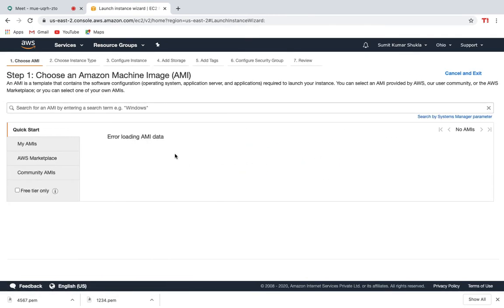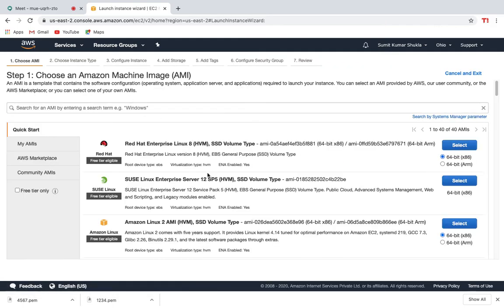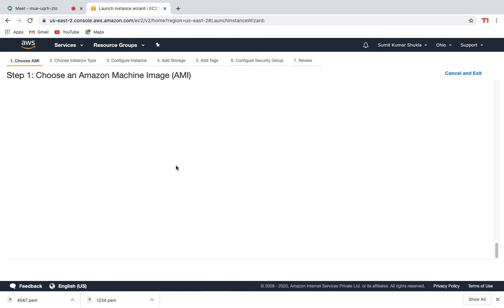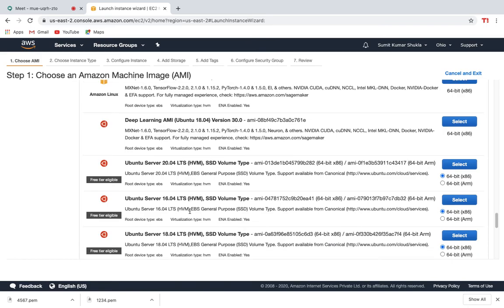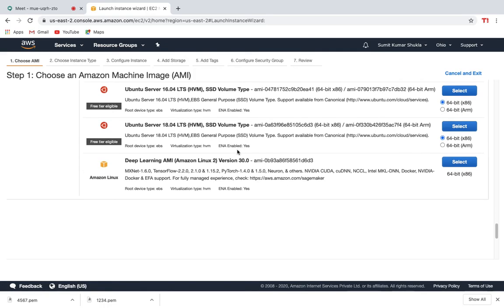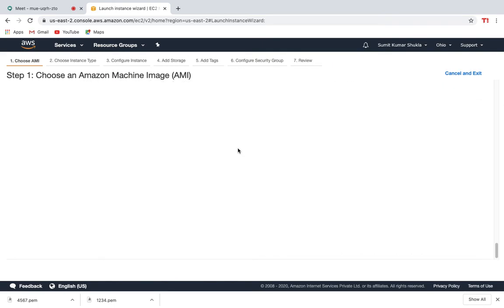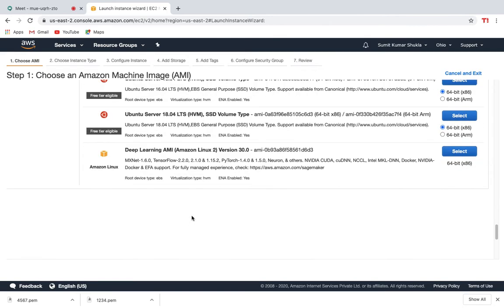If there is an error loading it, restart it. This 18.04 HVM might be giving you some errors, so go and click on the second last one. Move with that.